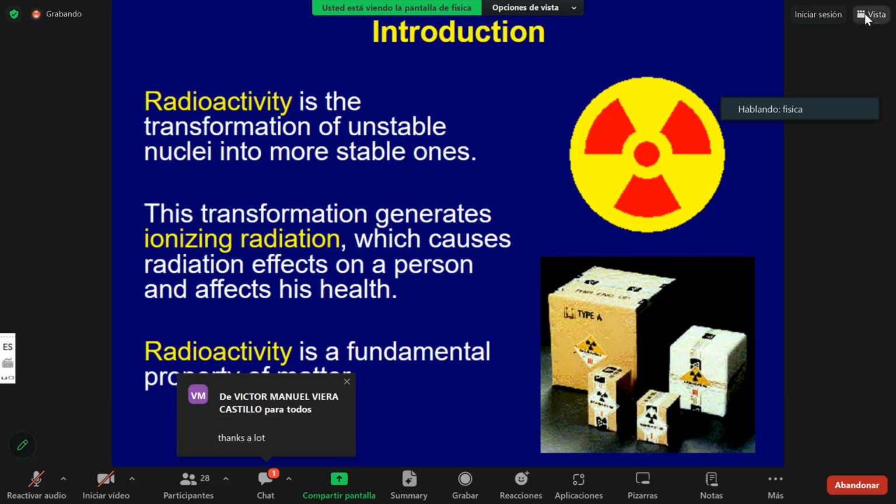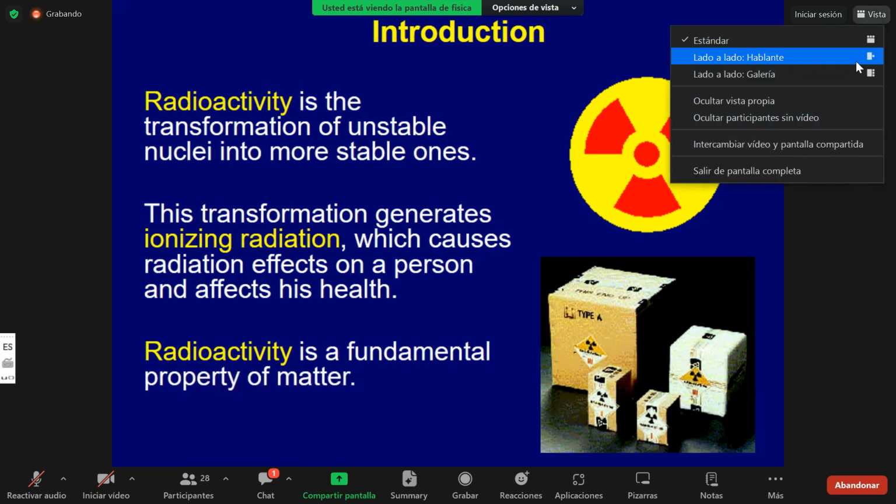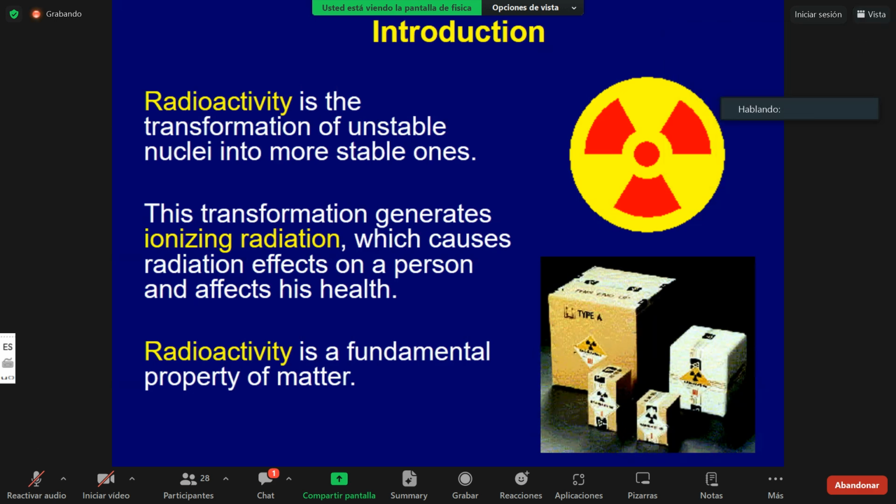The emitted radiation can be corpuscular, it can be particles, or electromagnetic in the form of gamma rays, or both. The lecture discusses the main types of nuclear transformations and radiation. When radiation passes through matter, it interacts with atoms and molecules. This interaction leads to the scattering of radiation energy and causes radiation-induced changes in the substance.